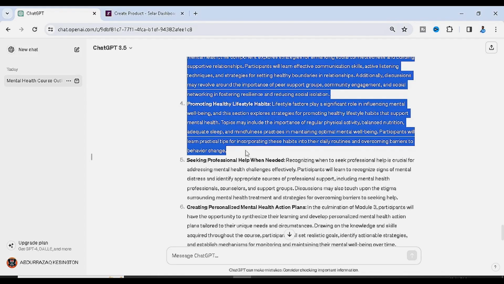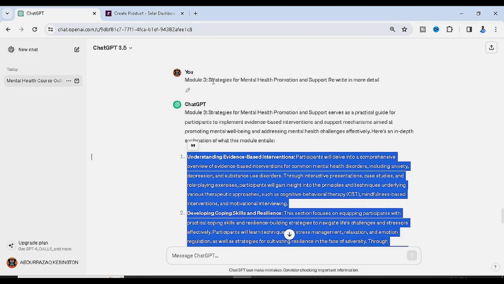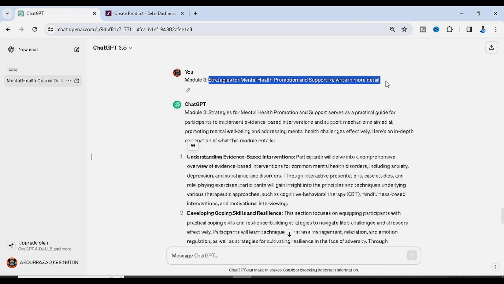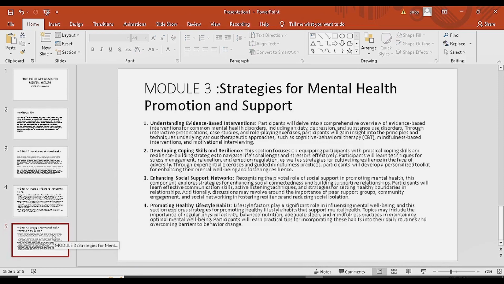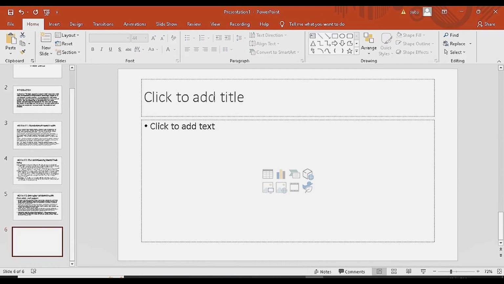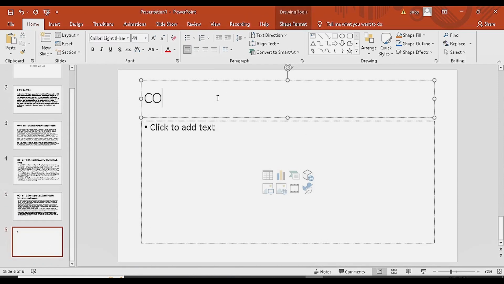All right, now module 3. Okay, what was the title for module 3? Let's check it again. So strategies for mental health support. So Control C, and then come back here and Control V. So now let's do the final one, which is going to be the conclusion. All right, so let's say conclusion,